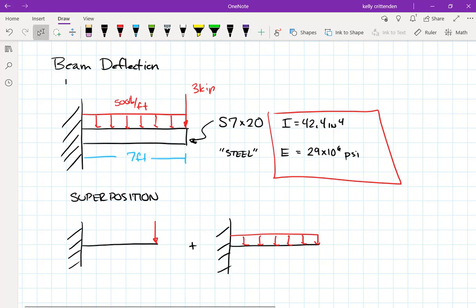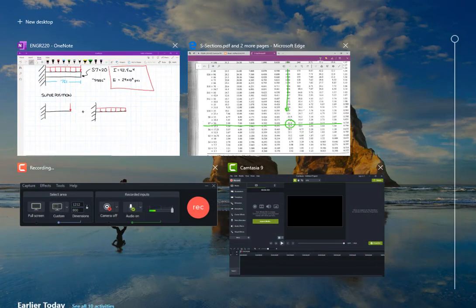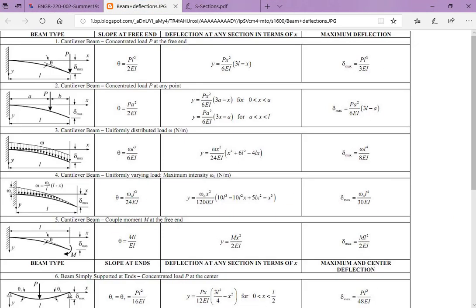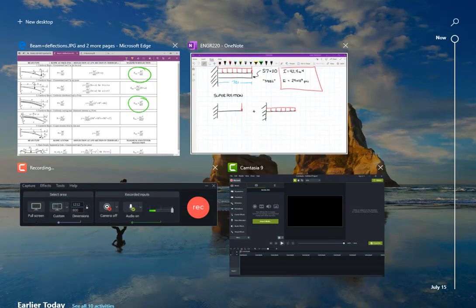Let's say we want to find max delta, max deflection. So that's for this cantilever beam, maximum deflection is at the very end of the beam, right? So we even have shortcut equations over here that tell us maximum deflection for a point load at the end of a cantilever beam and maximum deflection for a distributed load all the way across a beam. So we just need those two equations, PL cubed over 3EI for this one,